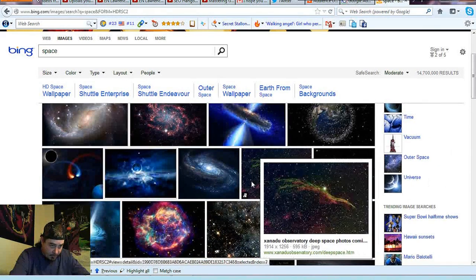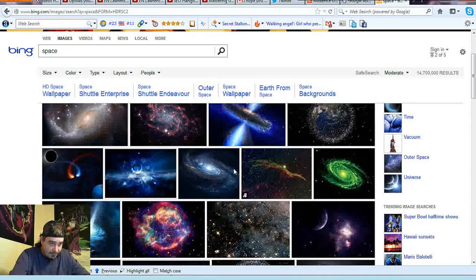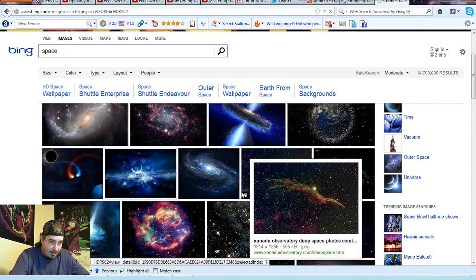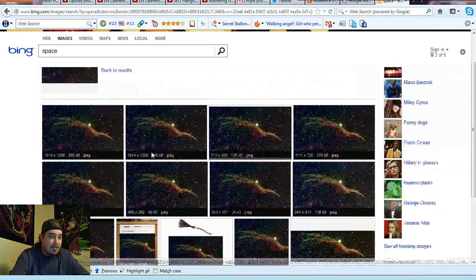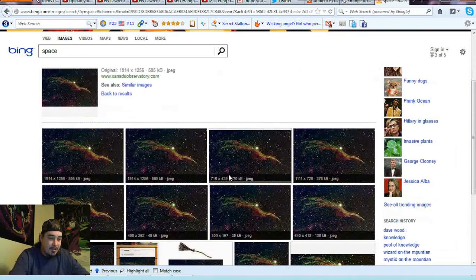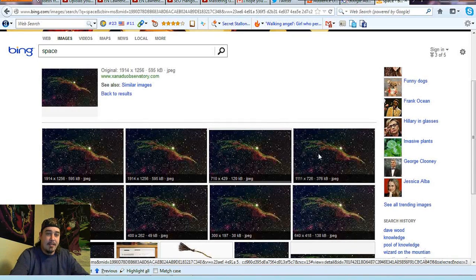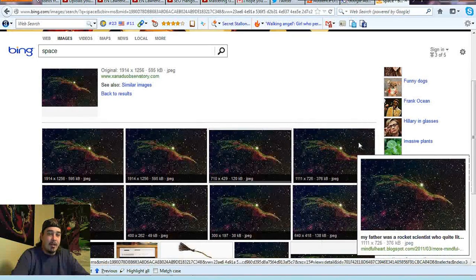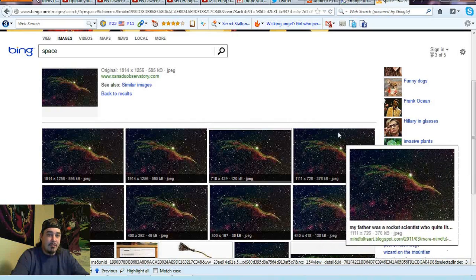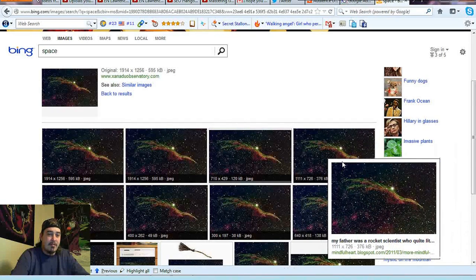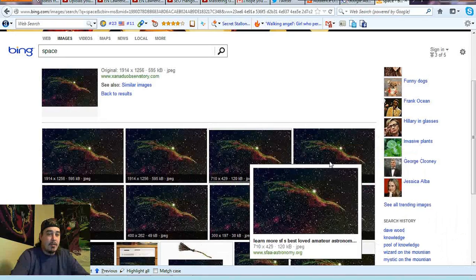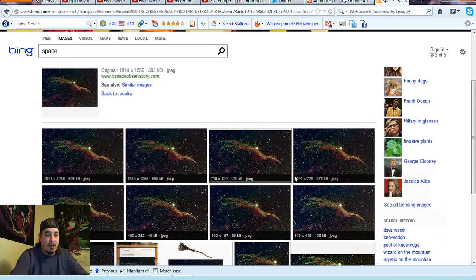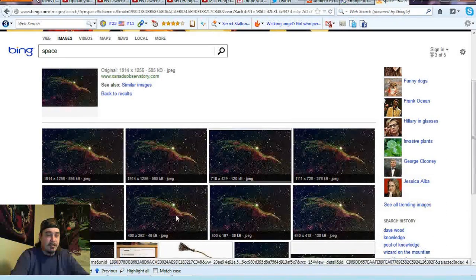You'll notice when you mouse over these, you click more sizes right there, those little things will pop up, and you have the same picture but a bunch of different sizes available. The people who have just one, it looks like a static background, where the blog would be right in this part of the picture, and it's not tiled. What people are doing is getting extremely large pictures, the biggest version of that picture they can find,